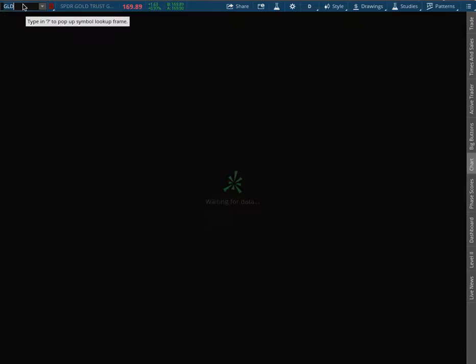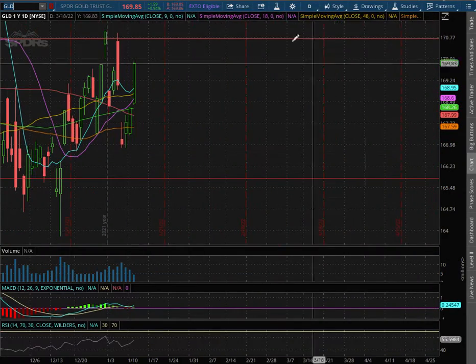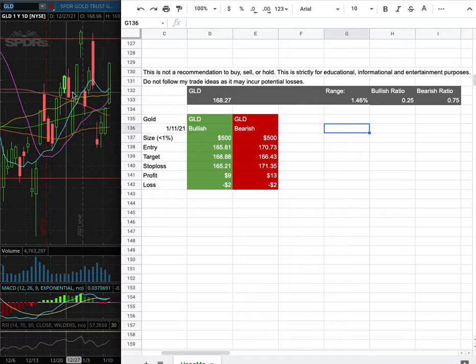As with the trade idea, I'll be trading GLD. My trade position size is less than 1% of my portfolio. My long entry is at $165.81, and that is this range here. My sell target is at $168.88. My stop loss is at